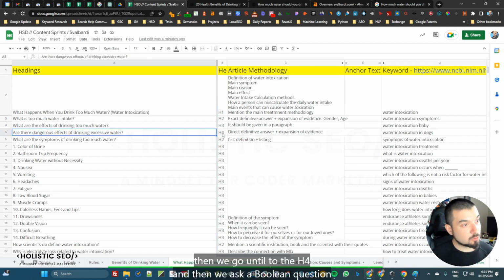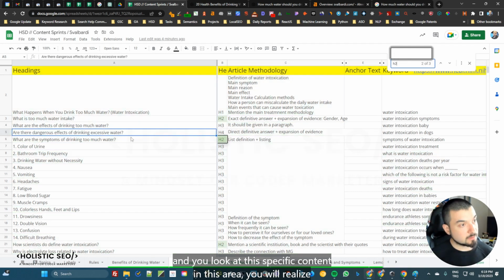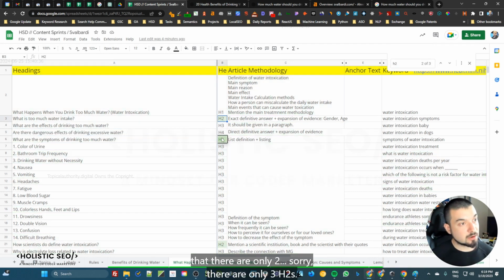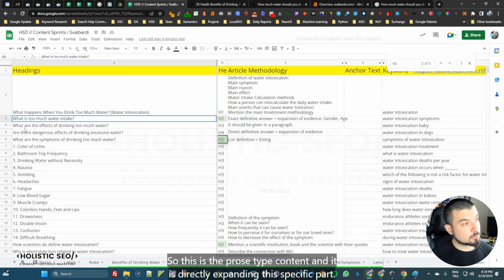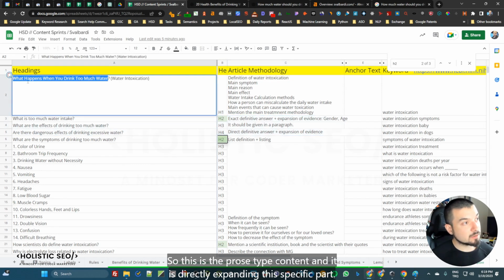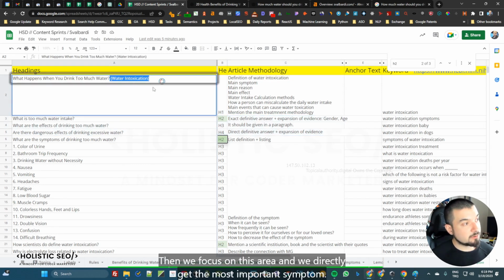Then we go until the H4 and then we ask a Boolean question. If you look at this specific content in this area, you will realize that there are only three H2s. So this is the prose type content and it is directly expanding this specific part. Then we focus on this area and we directly get the most important symptom.